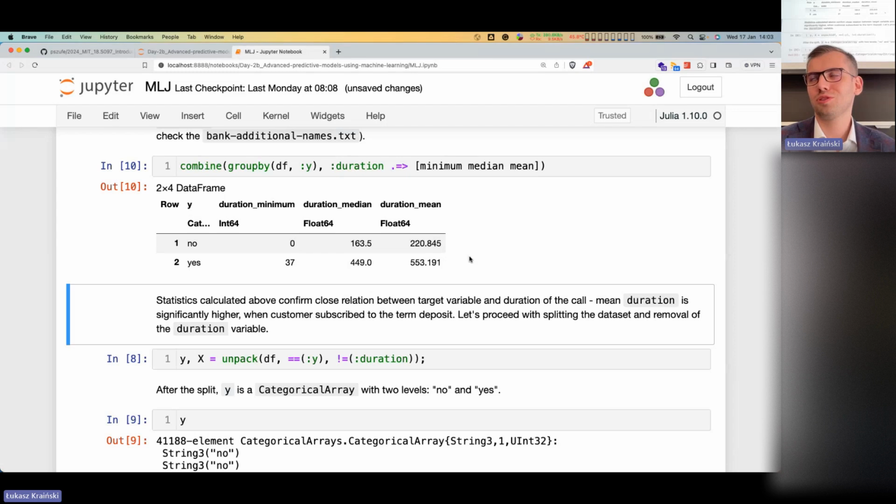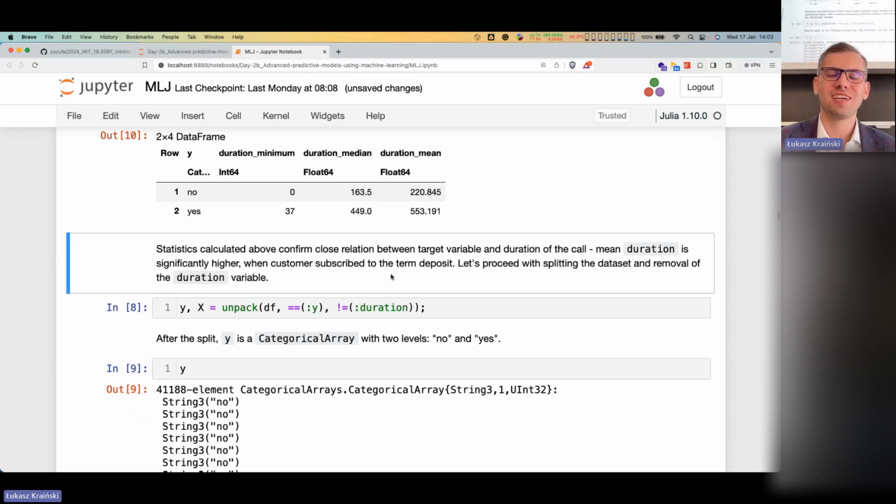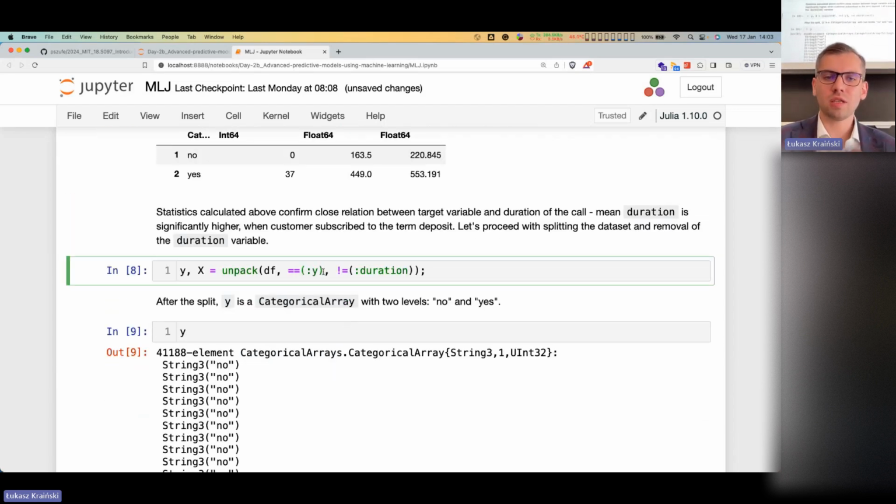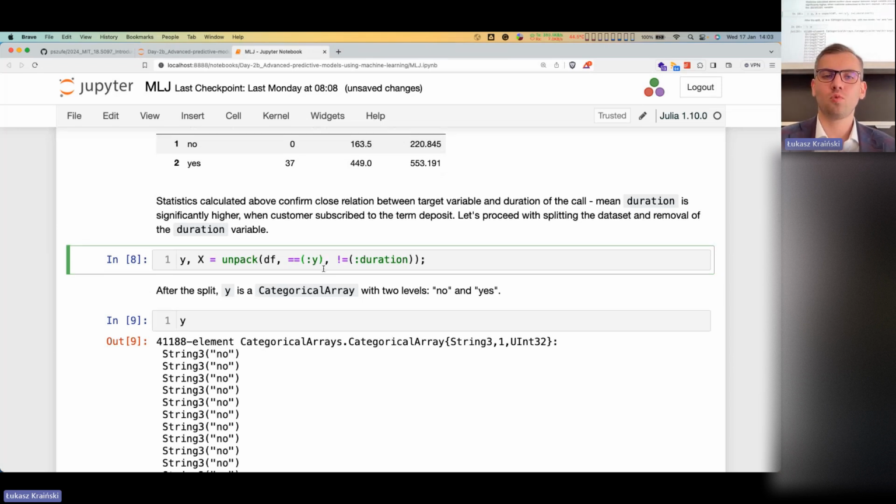I mean, you don't pick up the phone and say, hello, I will take the term deposit, and it won't be 0 anyway. So we want to get rid of that. But actually, in MLJ, we can do this while we are preparing for the